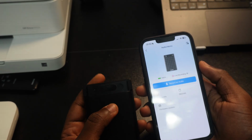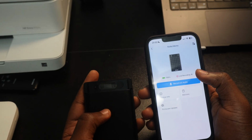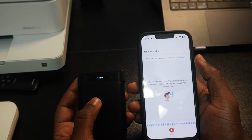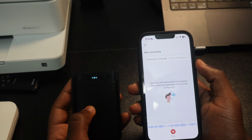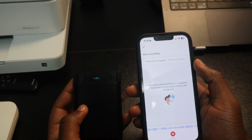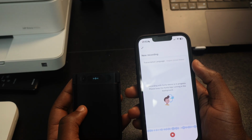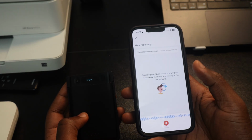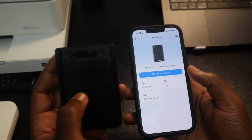So we're going to try with the live recording mode, and then I'm actually going to record whatever I'm saying right now. So we tap on record, and it vibrates right here, and then anything I'm actually recording or saying right now is recording. So that is how the Notta Memo actually works. So once you're done recording, you can choose to just stop it this way, and then it vibrates right here,